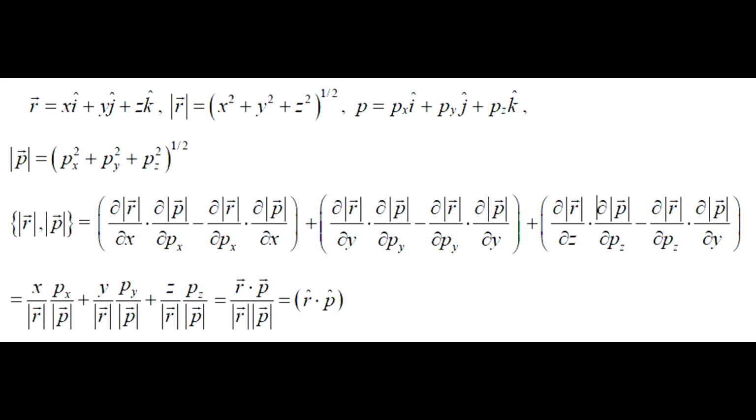So the PPT stopped working, so I am explaining this in this figure. As you can see, we discussed x px by r dot p. So finally we got x px divided by r dot p. In the same way, for y and z, we will get y py by r dot p and z pz by r dot p. In this way, in the numerator we get x px plus y py plus z pz, and that will make it r dot p. So it will produce r by mod r, which is r cap, and p by mod p, which is p cap. So basically your answer will be r cap dot p cap.